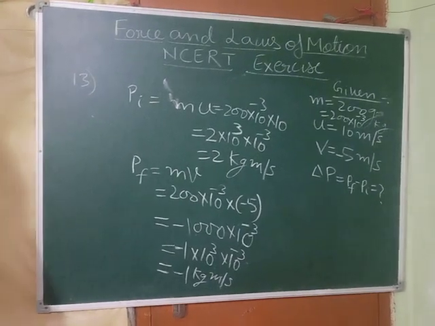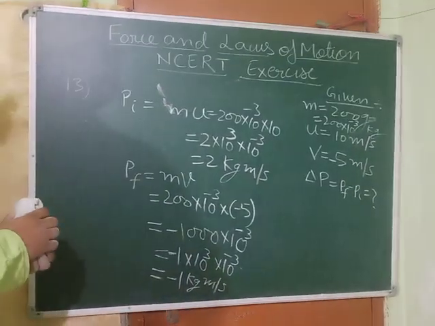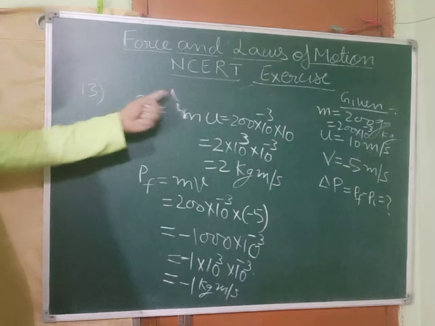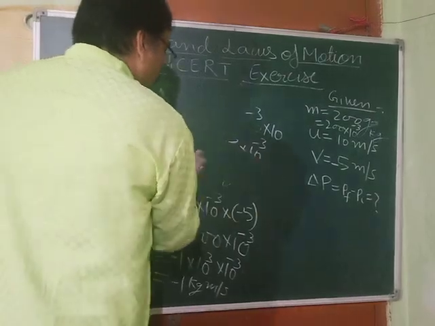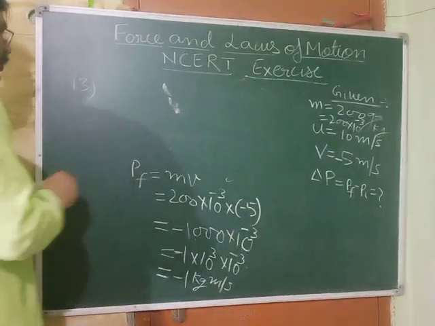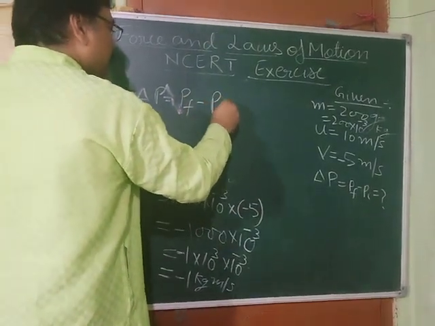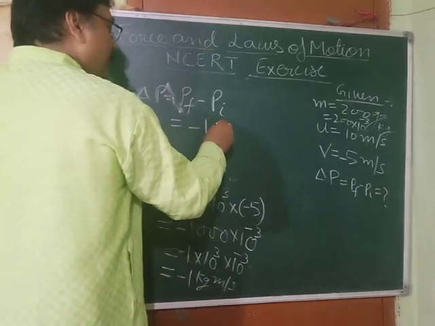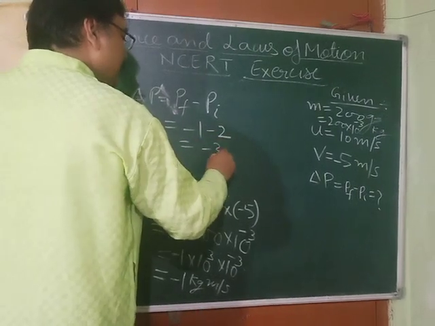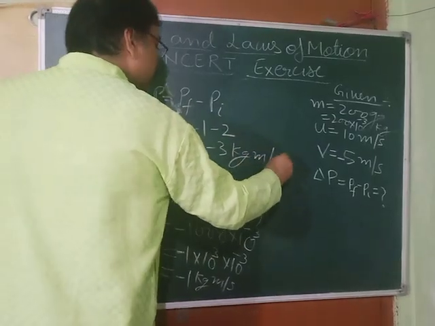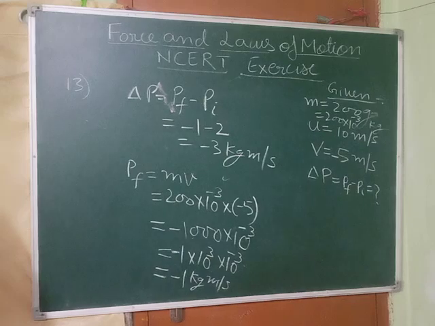Okay. Now what we have to do? We have to find out the change in momentum. Clear? So how to find the change in momentum? You have written this much because I have to rub the upper part at least. Note it down. Okay. Now we have to find out the change in momentum. So change in momentum, delta P is final momentum minus initial momentum. Final momentum is -1. Initial momentum is 2. So how much we are going to have? -3 kg meter per second. That is our answer. Okay. Just note it down. Done? Okay.